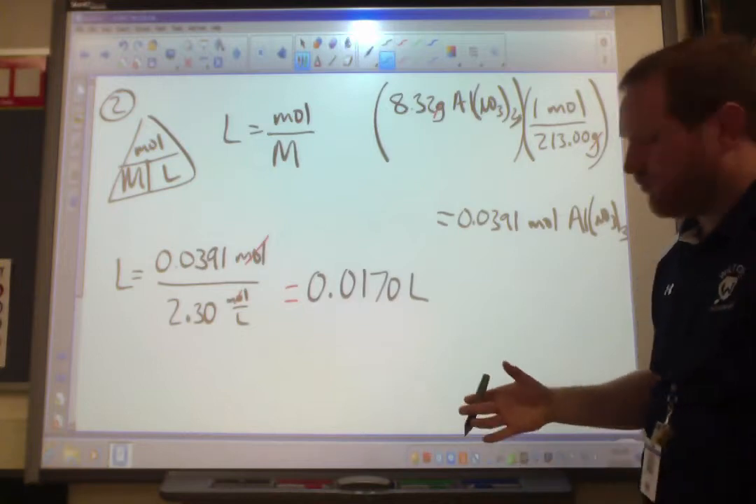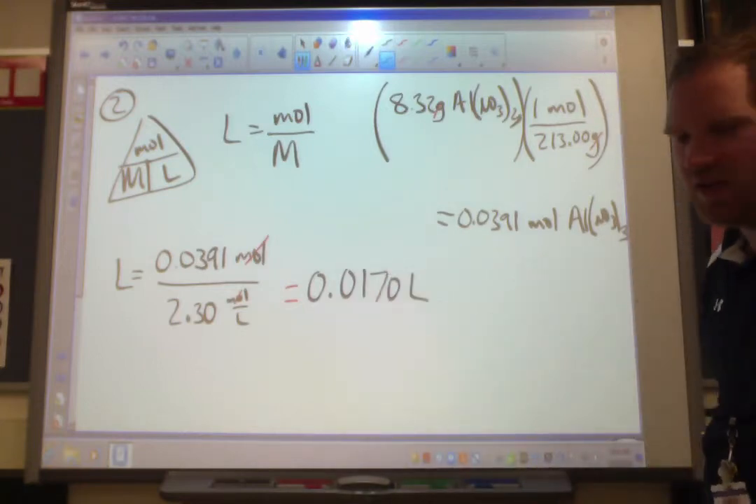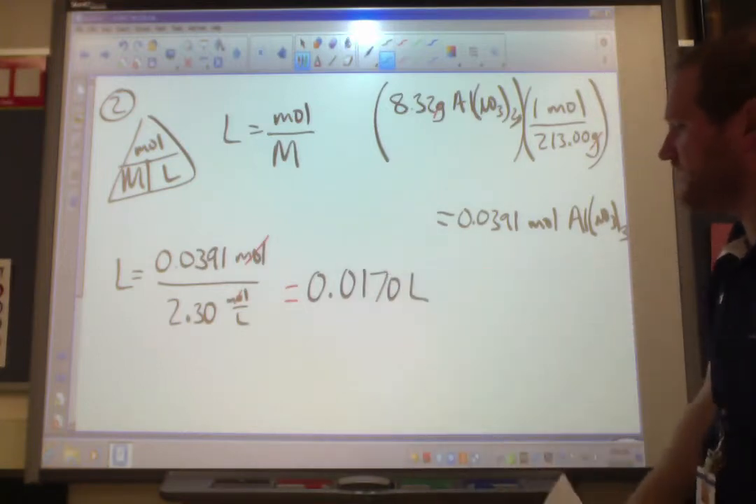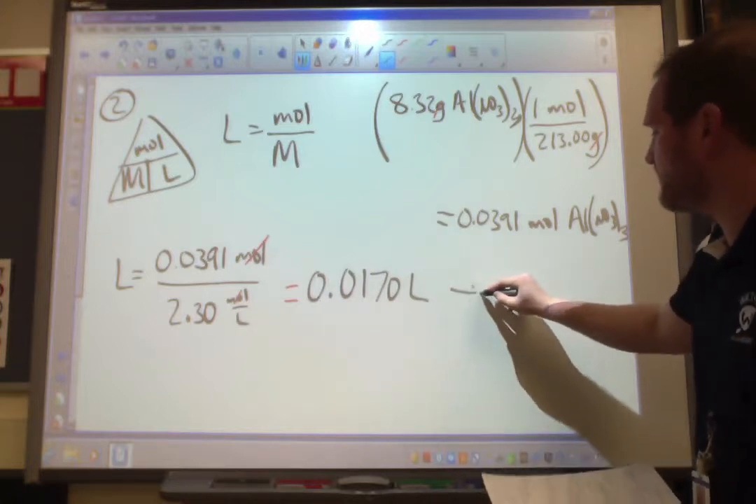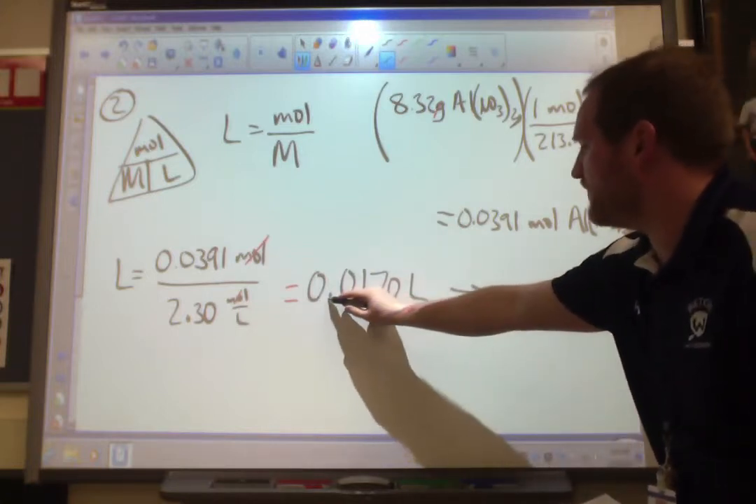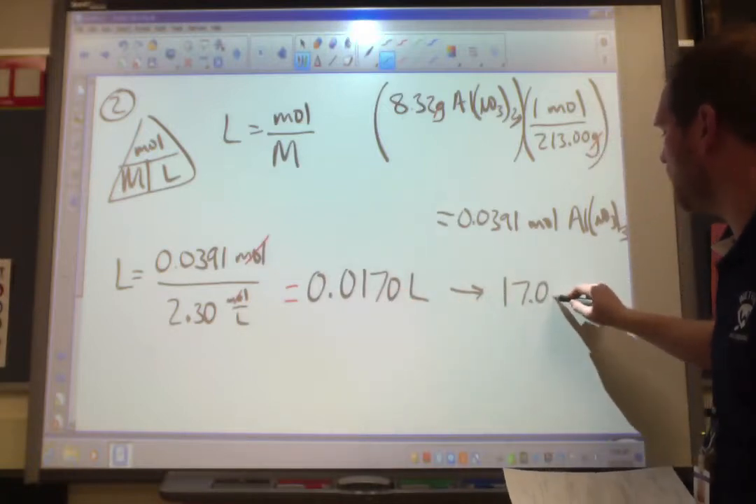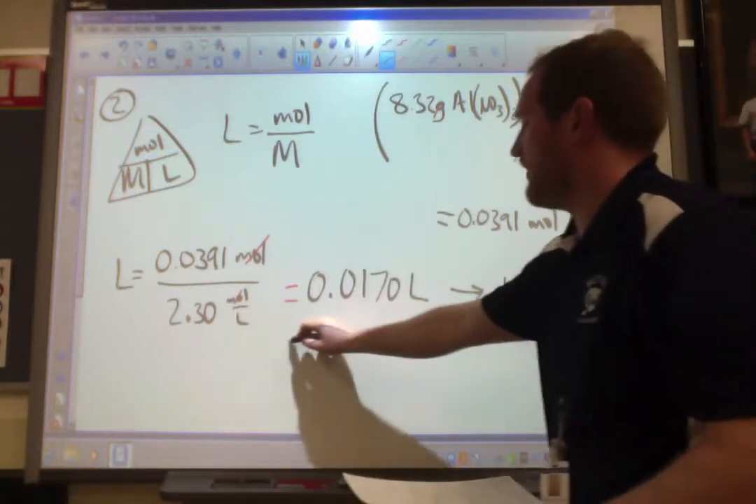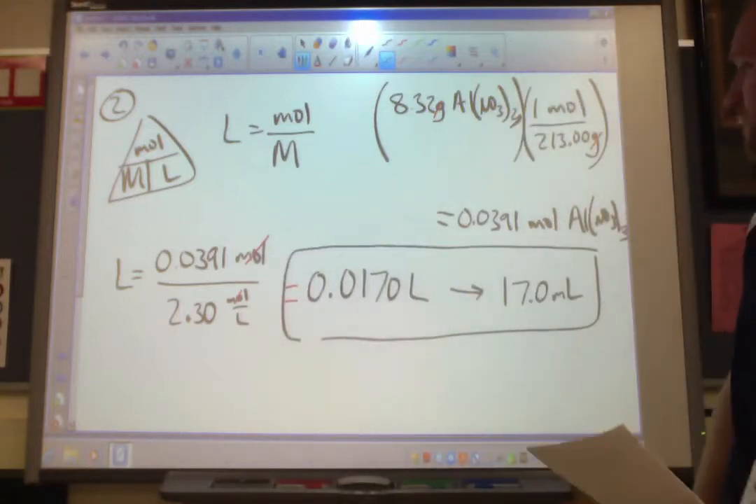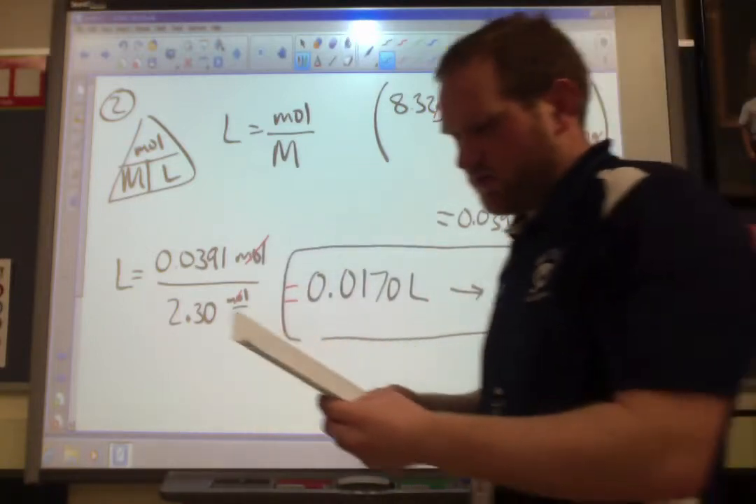And the problem doesn't ask for milliliters, but this is kind of a bulky way of writing it. Let's convert that to milliliters to be more consistent. So you just kind of move the decimal point 3 places to the right, 17.0 milliliters. So really either of these are correct, unless I tell you one way or the other. Okay. Number 3,